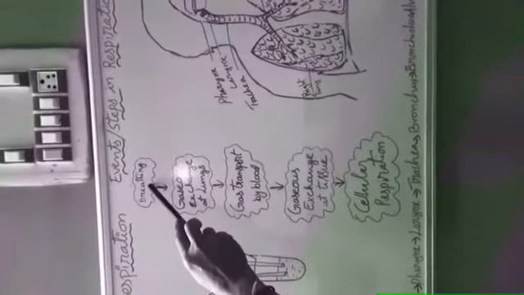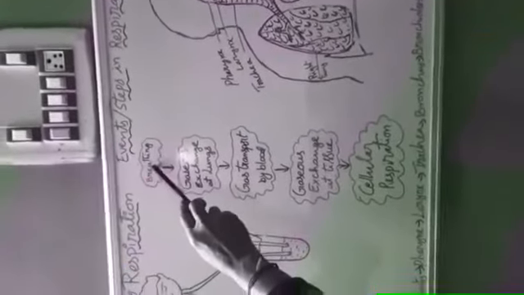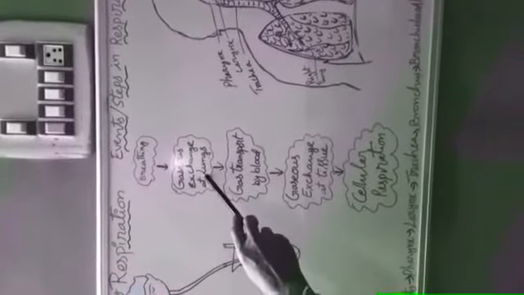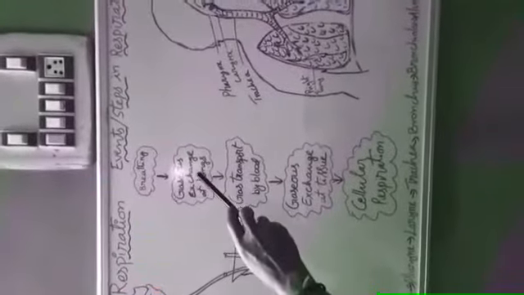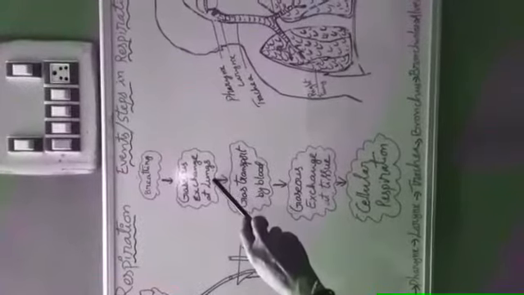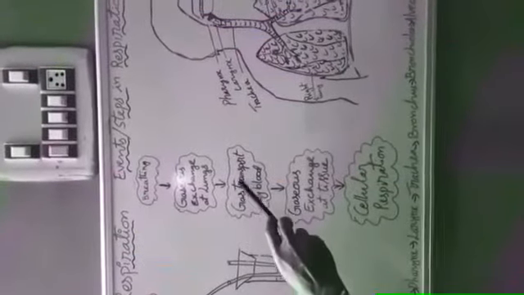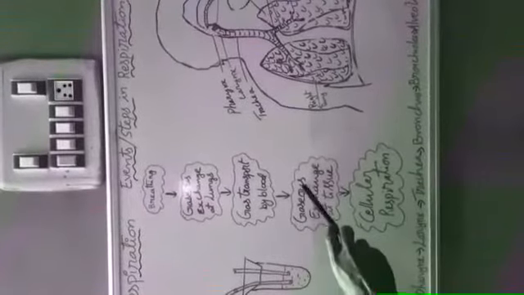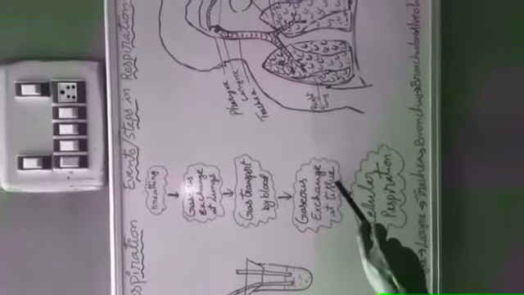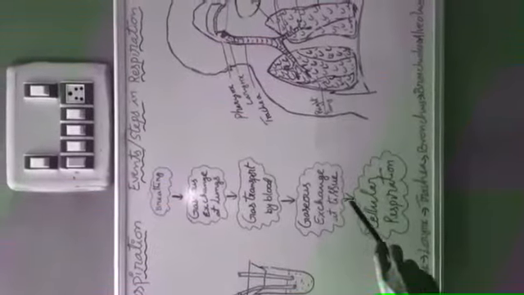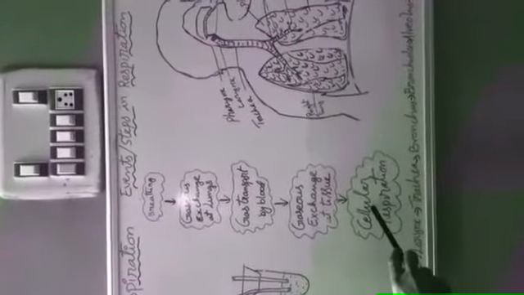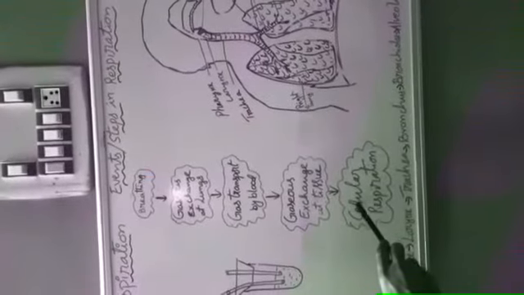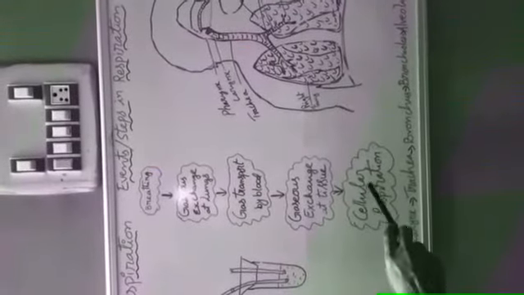During respiration, during the breathing process, the air which is inhaled through our nostrils enters into the lungs. So gaseous exchange takes place at the lungs level. Then the gas is transported by the blood and gaseous exchange takes place at the tissues level. Then cellular respiration takes place. Through the plasma membrane or cell membrane, oxygen enters into the cell and carbon dioxide leaves the cell.